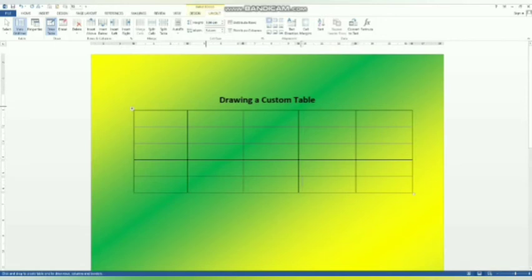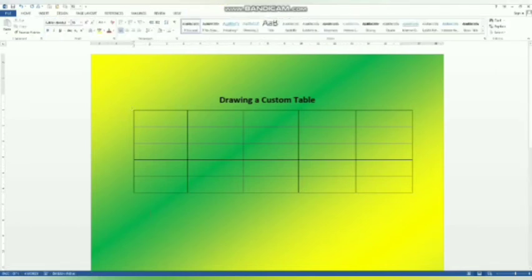Then, how to convert text to a table. For converting text to a table, first we will type our data.